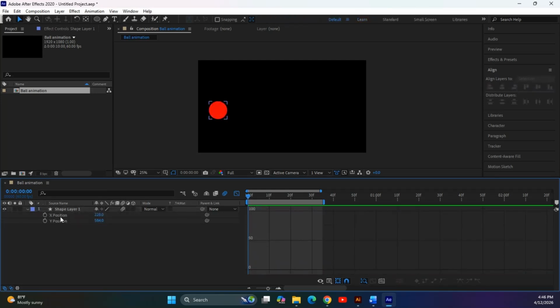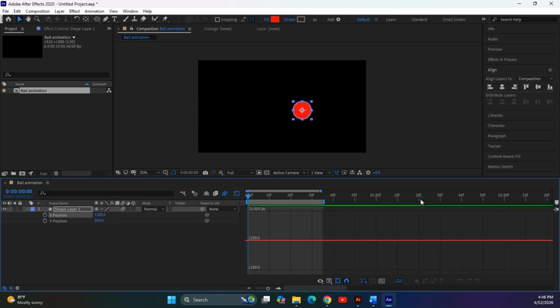Now if I select this one and go along the X axis like this, or like this, you can see the directions and the speeds are getting changed from here. In the X axis, the values are changed. Now in the Y axis the values are changed too. That means gradually the things are happening. Now we need to make it